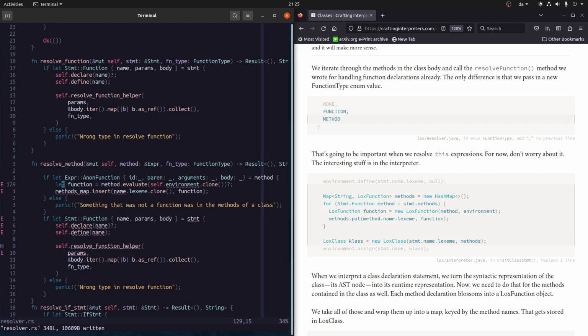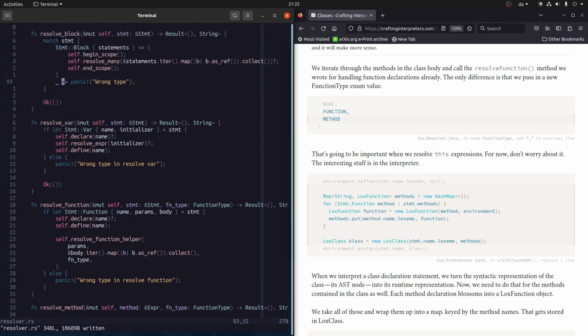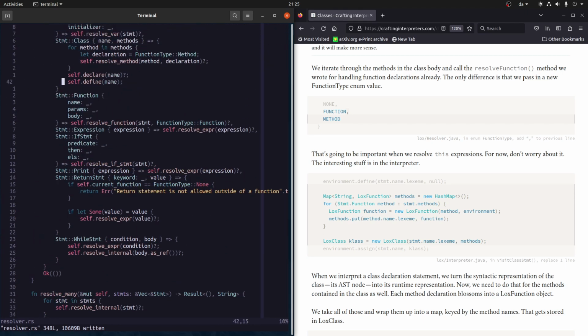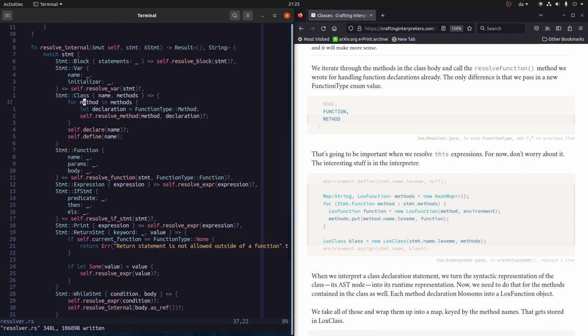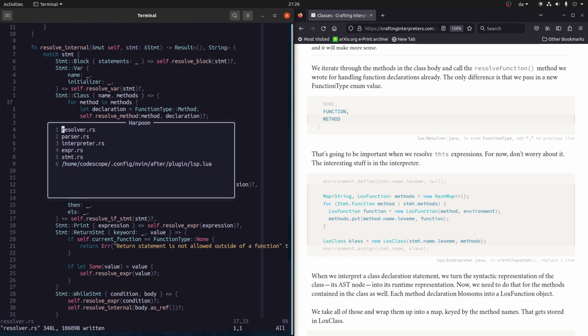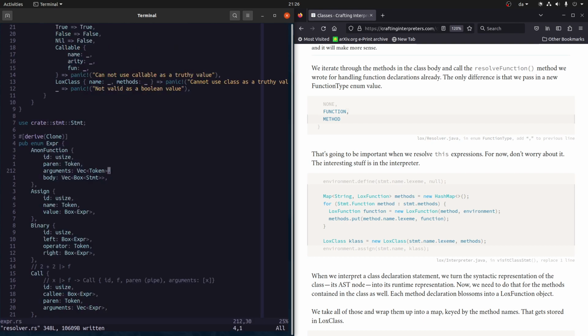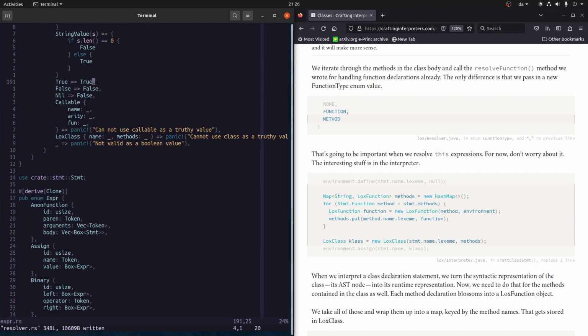Okay, if it is an anonymous function, then what is the name? Actually, let me go back here. What is this type? Okay, it is an expression. And this is also a vector of expressions, which somehow